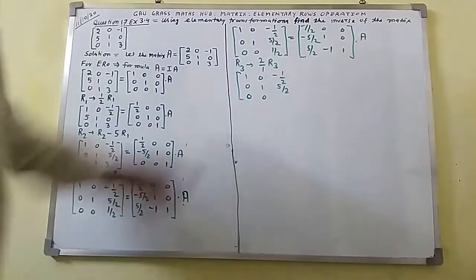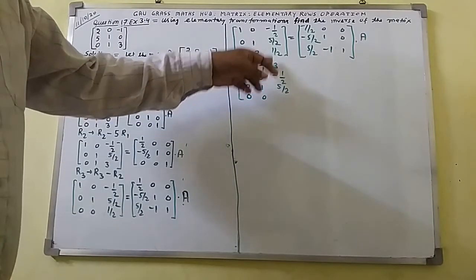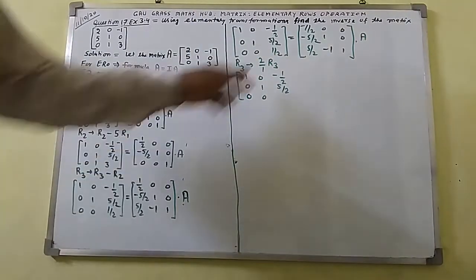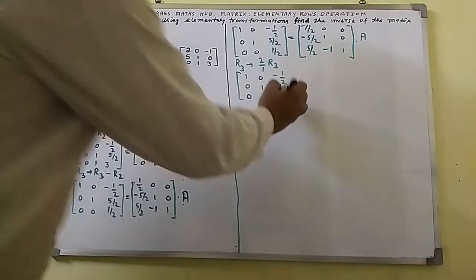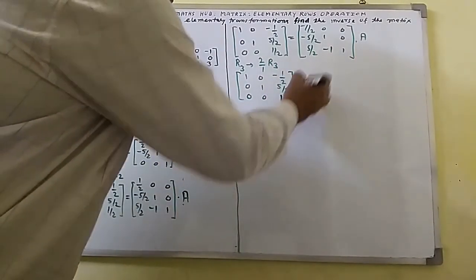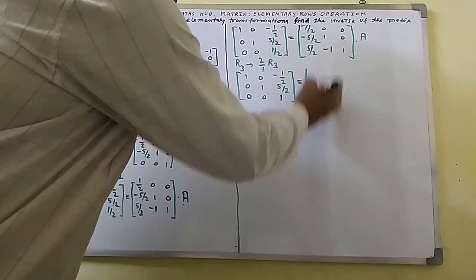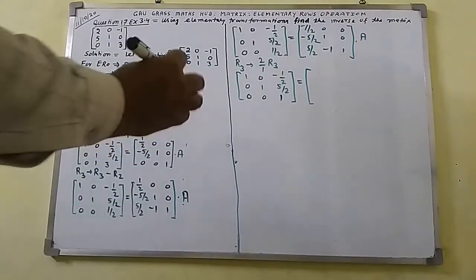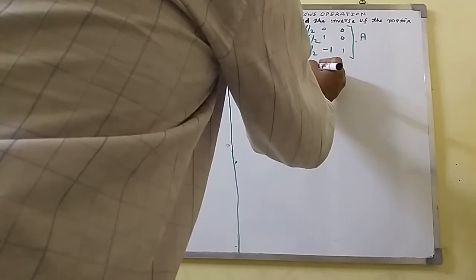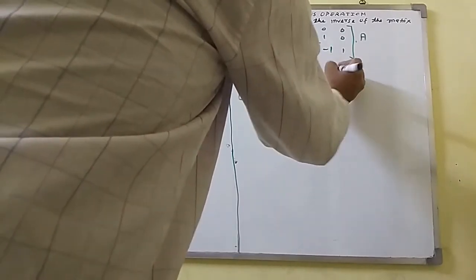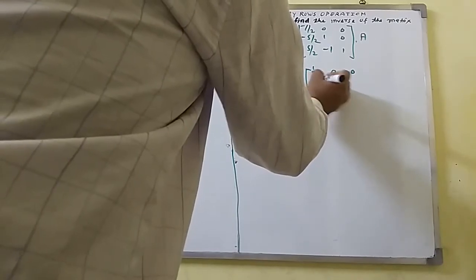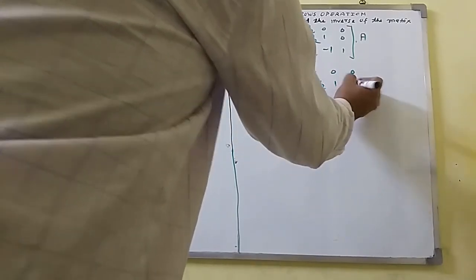This will become 0. Here, in place of R3, I shall use 1 over 2 times 2, 1 over 2. The 2 will cancel, and here we get 1. Closing of the square bracket will be done. After that, only changes will happen in the third row. Write the first and second rows as it is: 1 over 2, 0, 0 will be written. Here minus 5 over 2, 1, 0 I shall write.